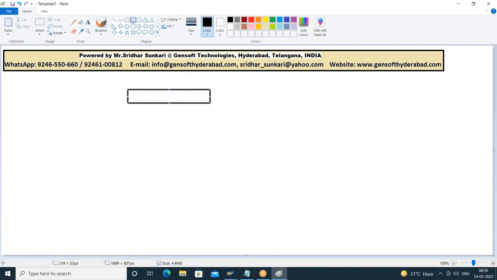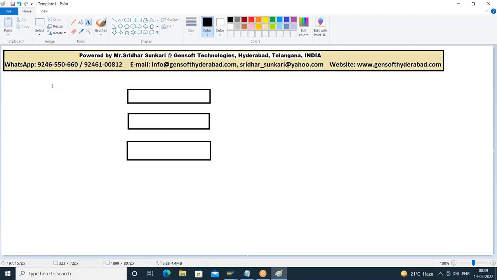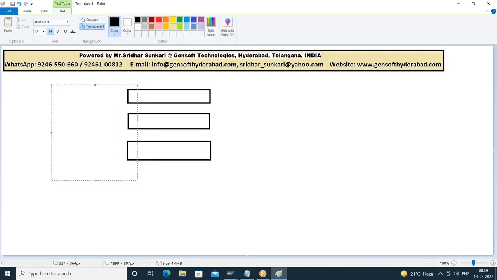I'll take some two input fields. Okay, they are the two input fields. This is the third input field. Assume this is the first number. This is the second number. And this is something like addition. Okay. So the requirement is